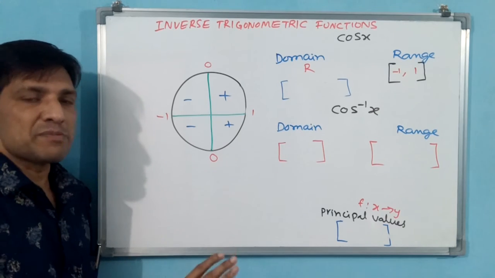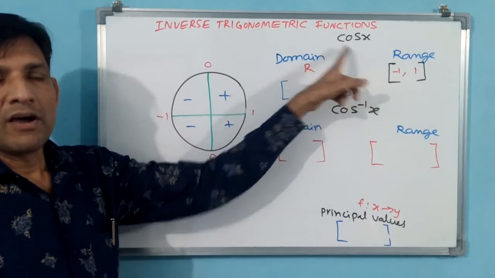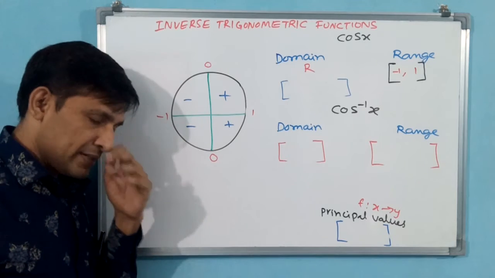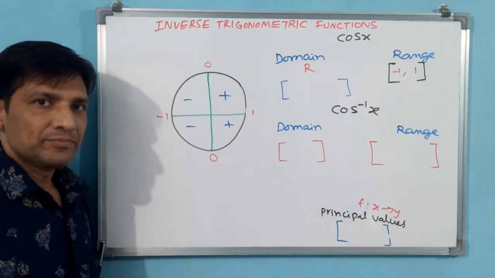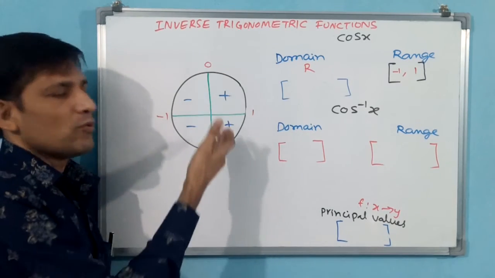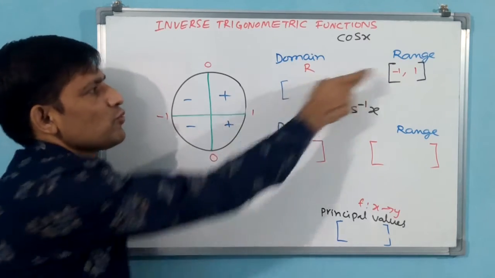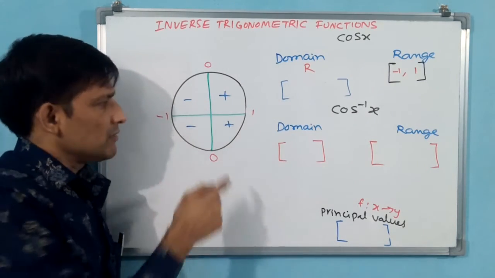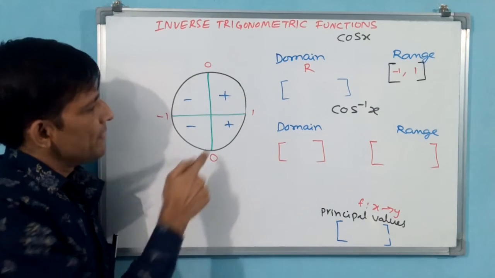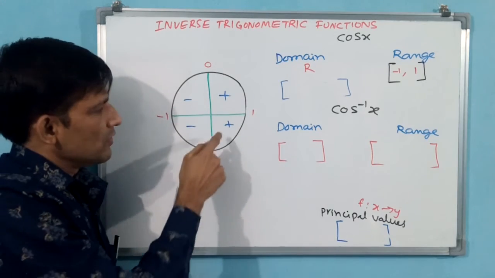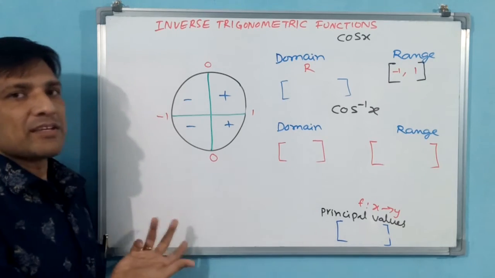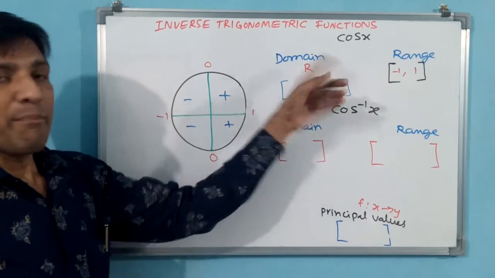What will be the principal values for cos? Are they the same as for sine? For sine we have taken minus pi by 2 to pi by 2. Are they the same for cos also, do you think? No. Why? Because for cos, these two quadrants are positive. If we take minus pi by 2 to pi by 2, automatically only positive values will come. Negative values will not come. Positive values will come 2 times. 2 times means here you see 0 will come 2 times, root 3 by 2, root 3 by 2, 1 by root 2, 1 by root 2, 1 by 2, 1 by 2. Then what is the use? 2 times it is coming means many-one only.